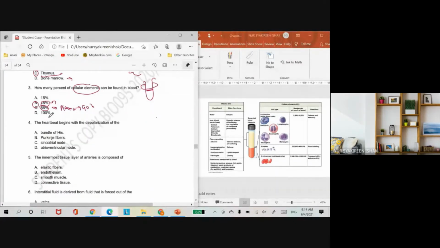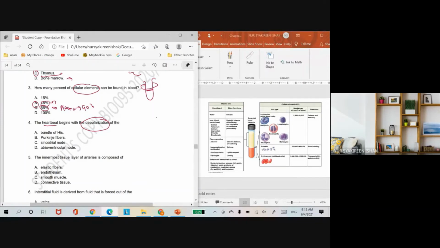Okay, number 4. The heartbeat begins with the depolarization of the... So in order for the heart to beat, it has to contract. In order for the contraction to occur, the muscles of the heart have to generate some kind of impulse. It has to generate an action potential. So in this case the phase is called